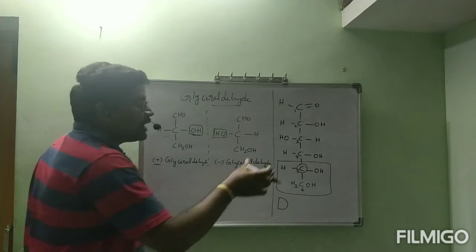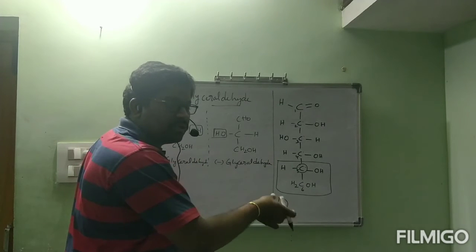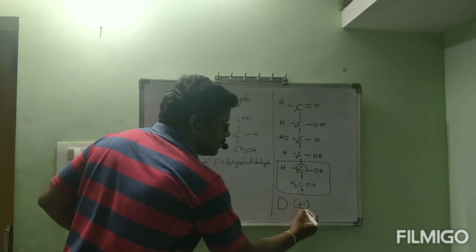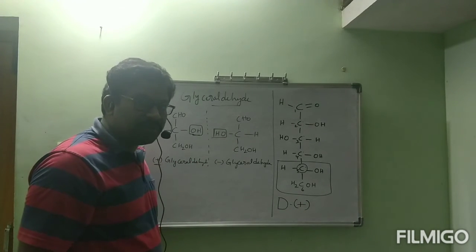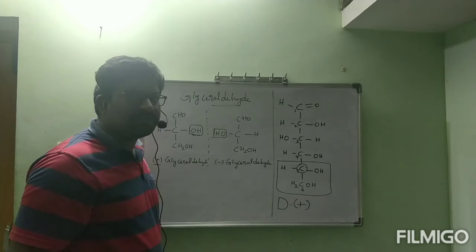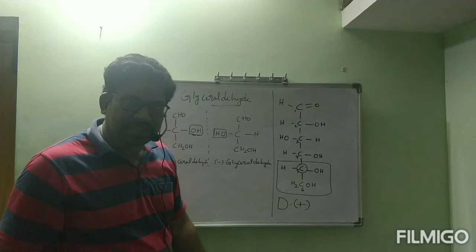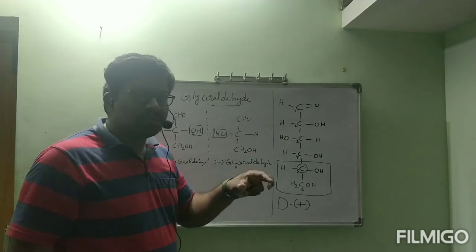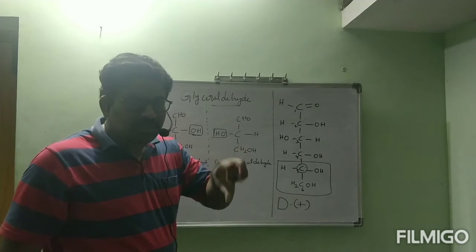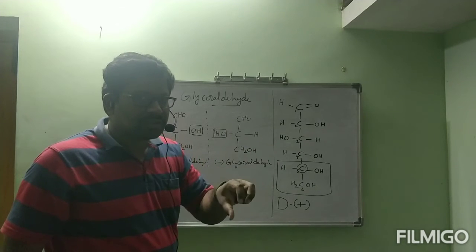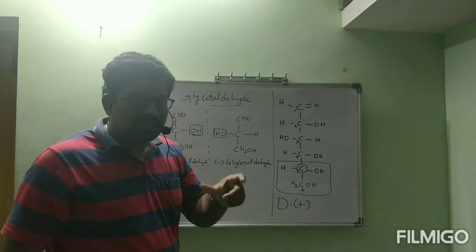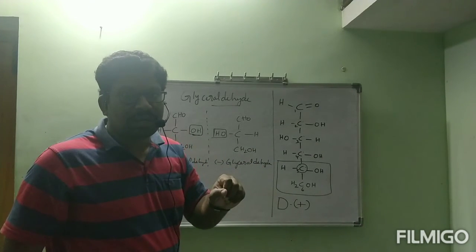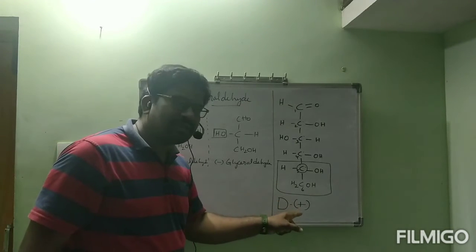It is clear. Naturally, this glucose is which rotation compound? Dextrorotatory compound. Dextrorotatory compound means which representation will we show? Plus representation. Now we come to small d. This plus or small d, both are the same. When glucose is dissolved in water, it is called glucose solution. If that glucose solution undergoes the optical activity test using plane polarized light, and the plane polarized light is turned towards the right side, then it is called a dextrorotatory compound, like we have seen. This is the relation with optical activity.